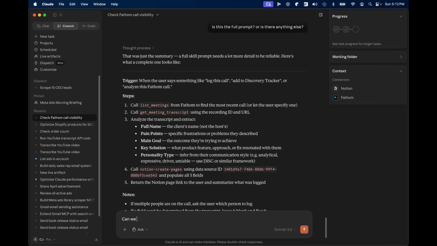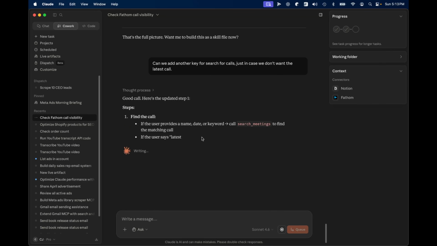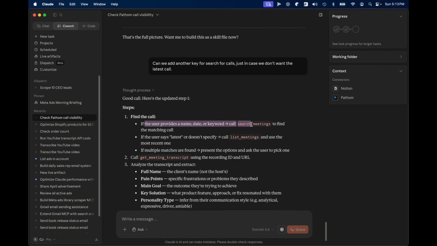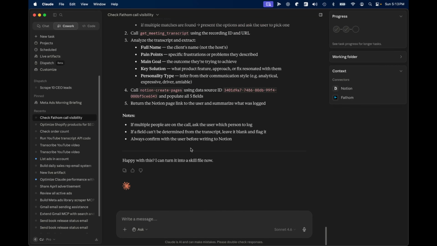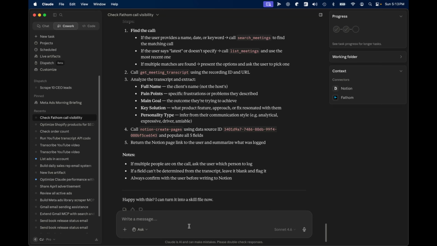Can we add another key for search for calls, used in case we don't want the latest call? And now we will also be able to have find calls, search meetings, right? And if we're completely happy with this, then we can go, perfect. Can you now turn this into a skill and also turn it into a schedule that runs every day at,